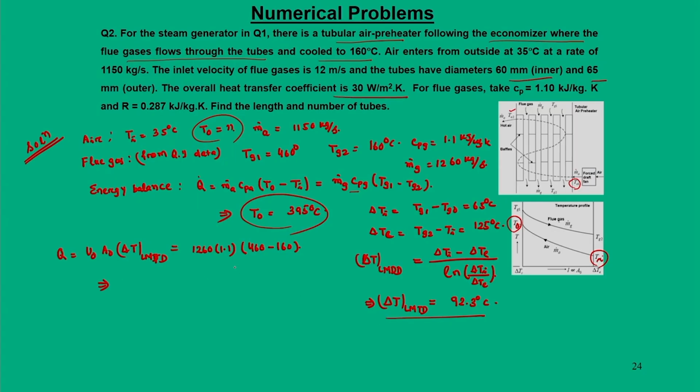So, U0 is 30 watt per meter square Kelvin. So, this will give you A0 is equal to 150612 meter square. So, once you know this, then you can find out,